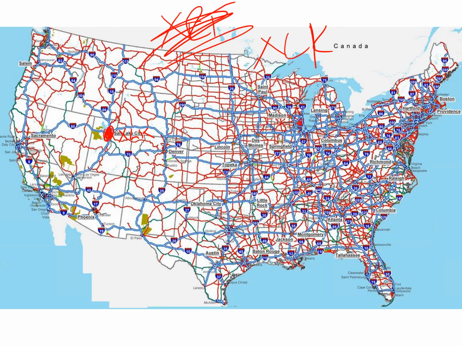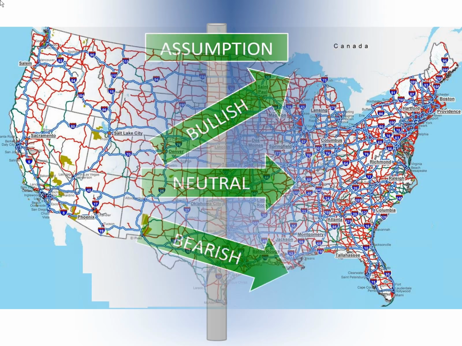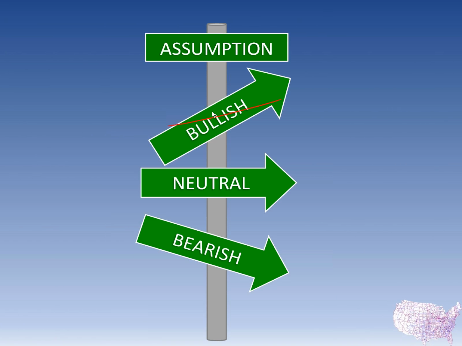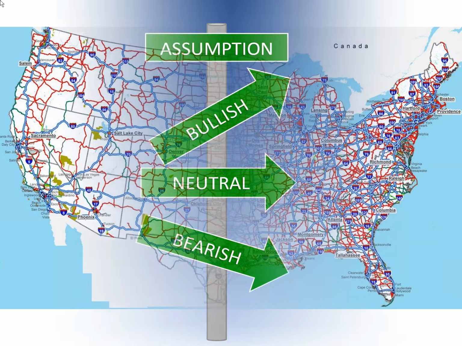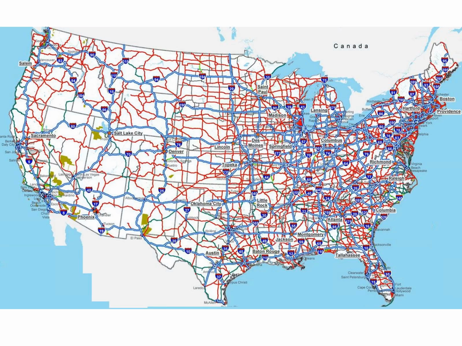I'm looking at this underlying in XLK, and I'm not bullish in XLK, so that's out. I'm not really bearish. I'm pretty market neutral. So now we're starting to narrow down the strategies we're going to implement around this XLK idea. I think we might see some movement here, but for the most part, I think it's going to stay within a pretty tight range. We might pierce it a little bit to the upside and downside, but ultimately we're starting from here, and we're going to head out to XLK.